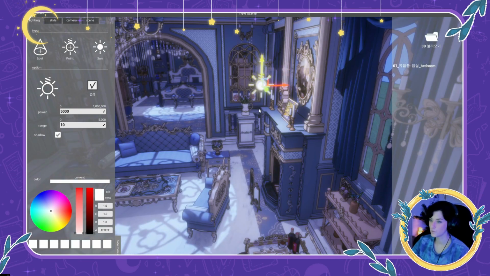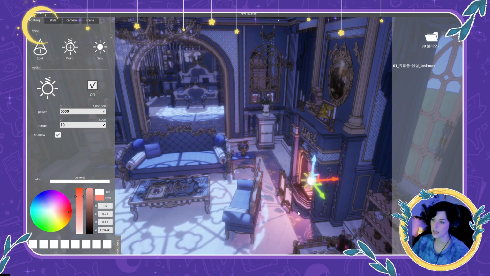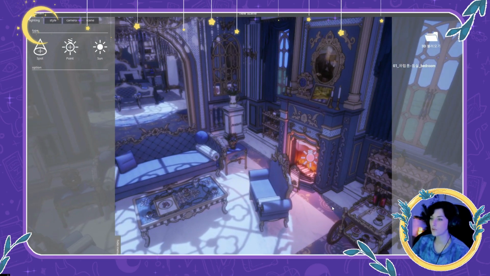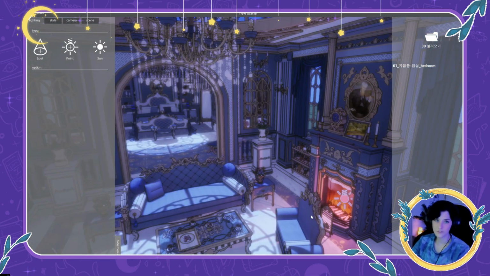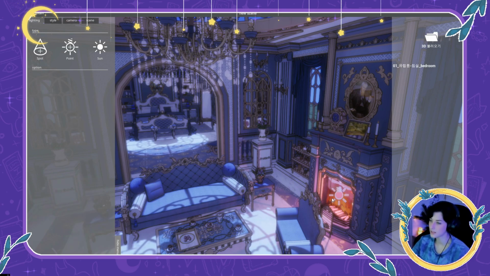I'm gonna add a light point like this. Here I'm gonna make it a bit more orange because this is fire, and ta-da! Oh, and of course when you save this as a picture, it will not show that. Don't worry, it will not show this little part right here.